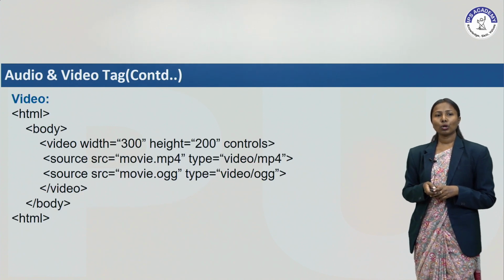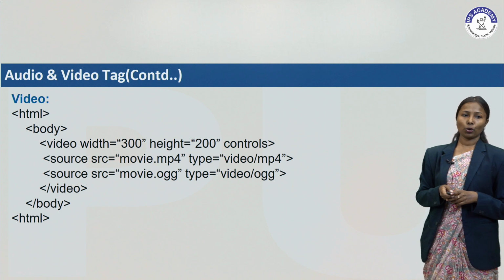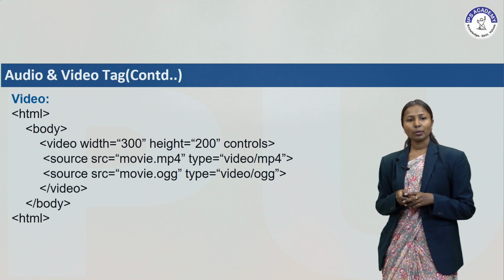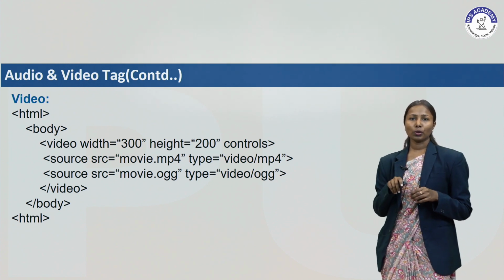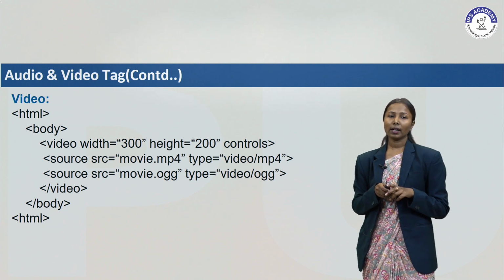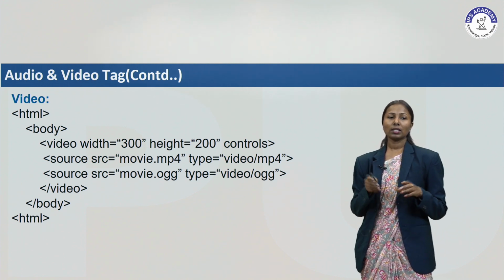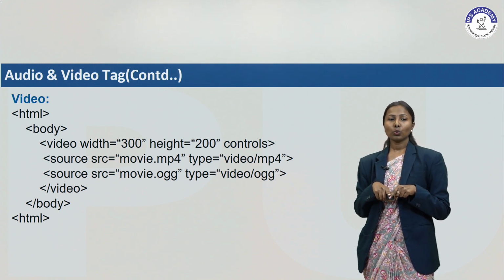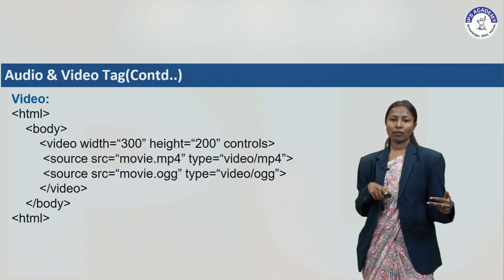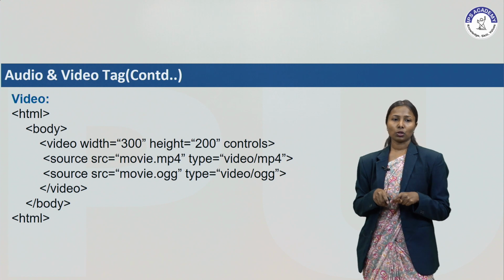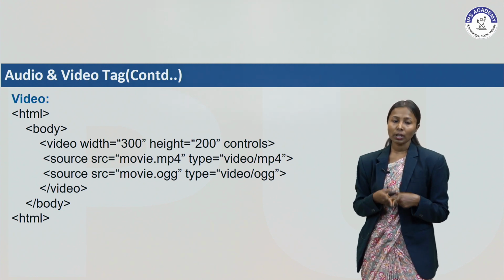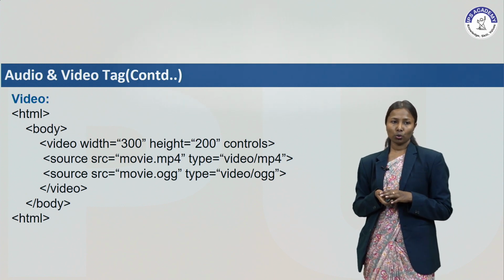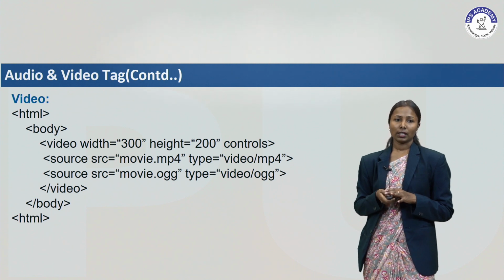Now if I want to insert video in my HTML, I am using the video tag. Okay, so for that I am using HTML body, and inside that body tag I am using video, and inside this video I am writing width is equal to 300 and height is equal to 200. Okay, so this is nothing but the size of your video in your browser screen, and inside this video tag I am passing two sources. Okay, meaning I want to show two video files in my HTML. So one source I am using is movie.mp4, and another source I am using is movie.ogg. Fine. So this program shows how to create a video in your HTML file.